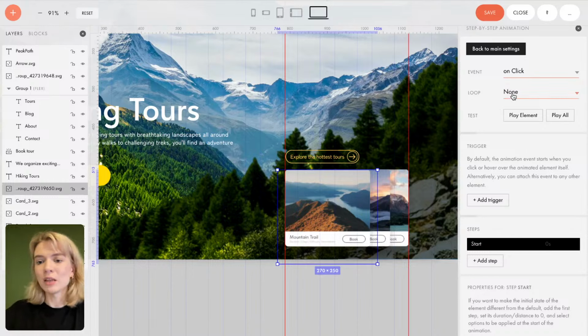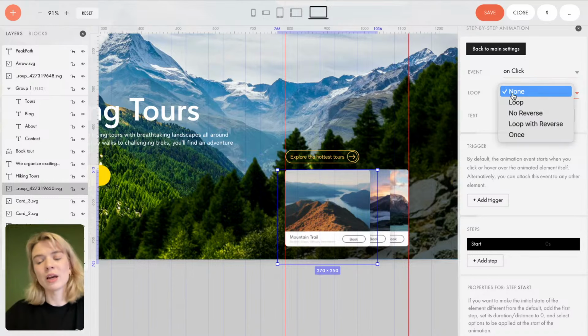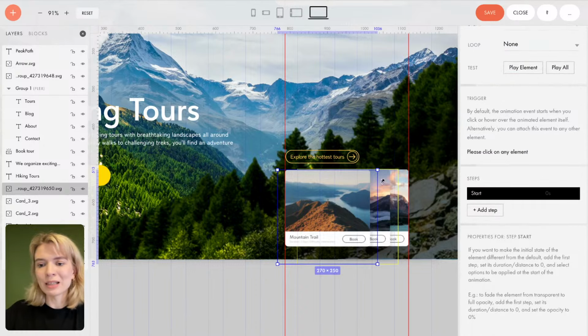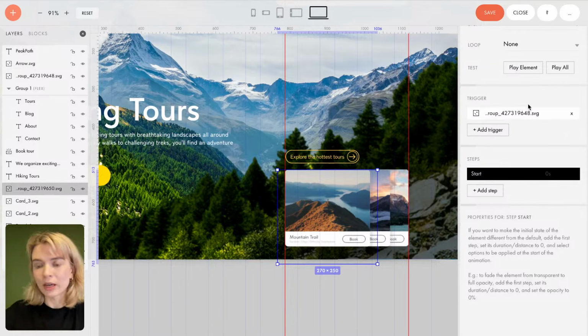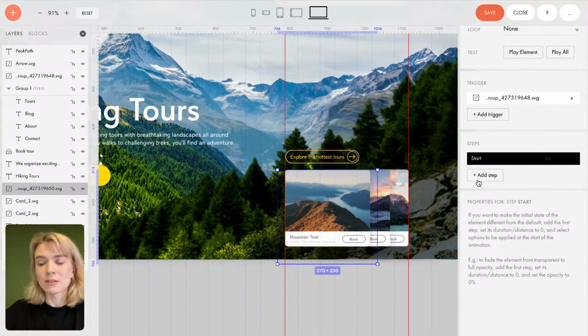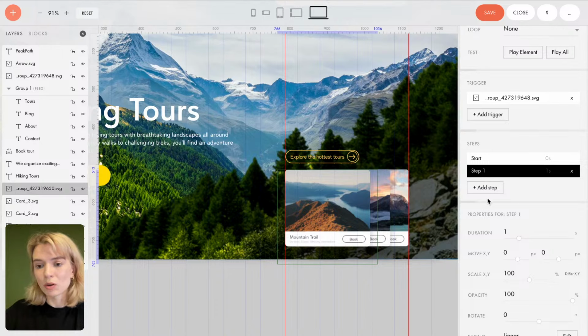So here you can set the loop, but we don't need it right now, but that's just an option for you to use for your animation. And trigger is basically the element that triggers animation. And my trigger is this button. So I click on this, and here you are presented with steps. So I add the first step,